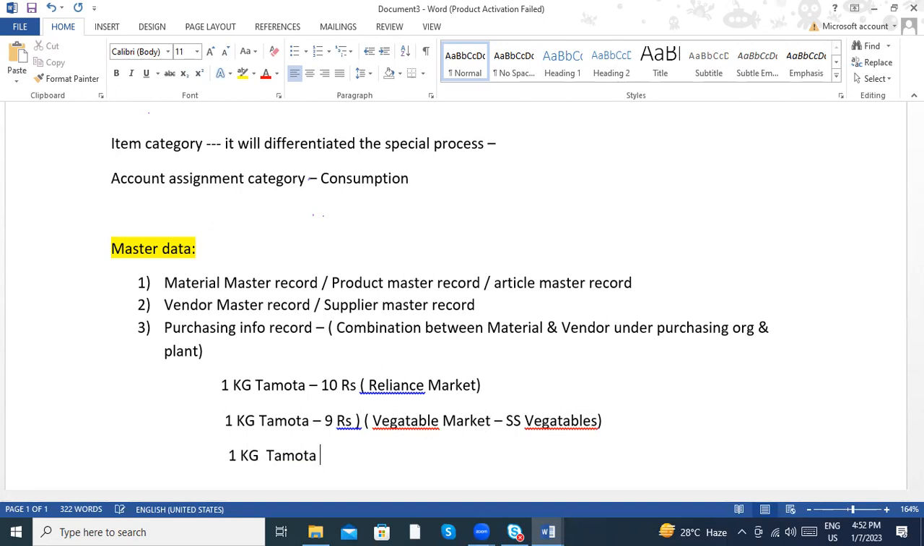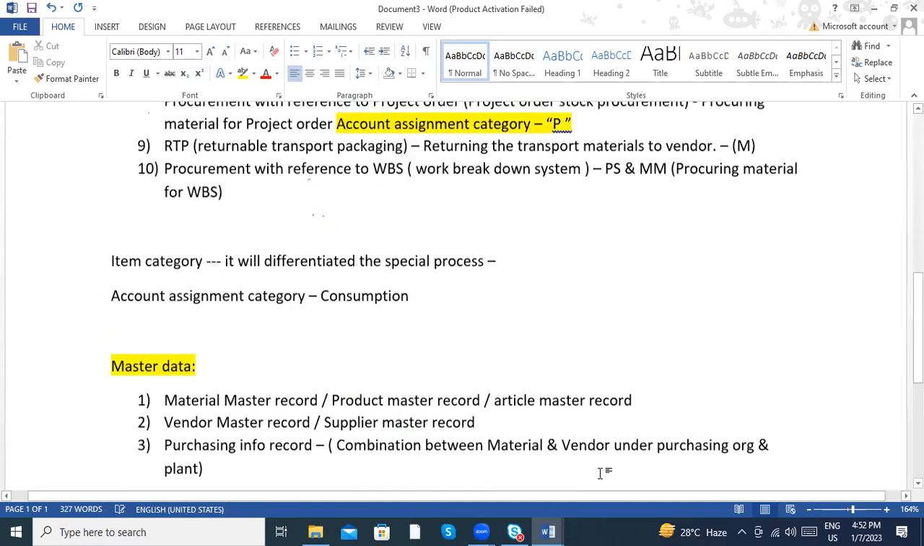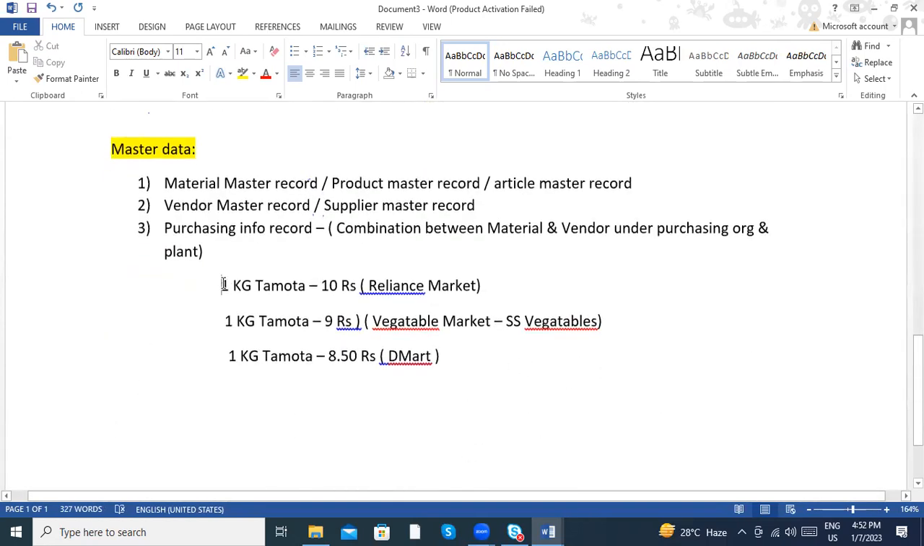And this tomato, if I go to DMart, it is like 8.50 paisa. So when the vendor is different, obviously the cost of the product will also be different, because maybe he is expecting more profit, or maybe he is buying in bulk, and because of that he can give 8.50 rupees. So in this case, for the combination of Reliance Market and Tomato,